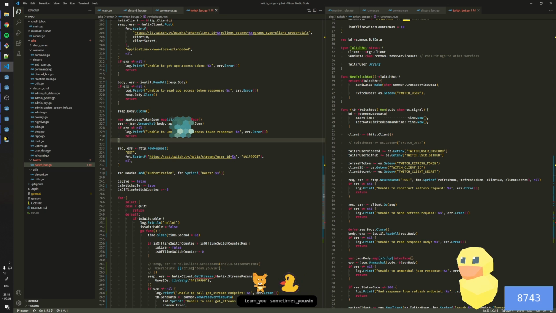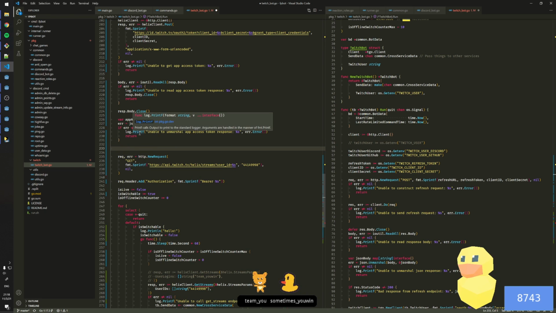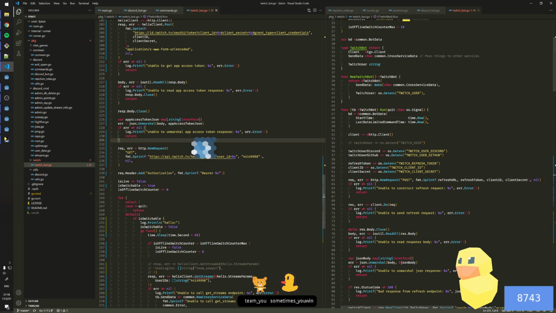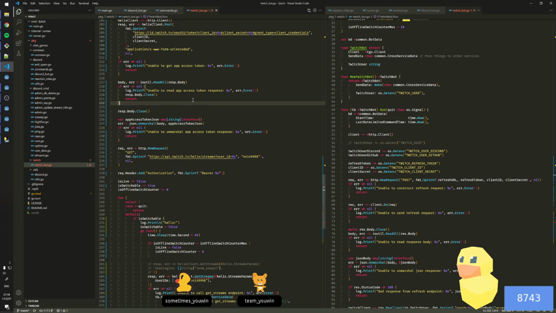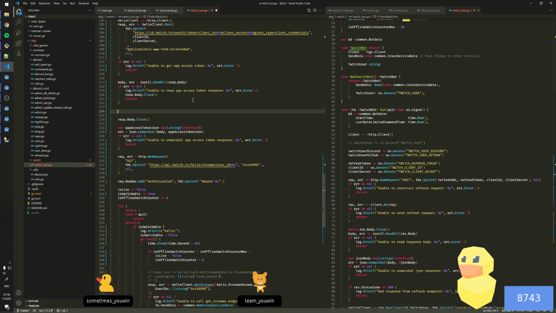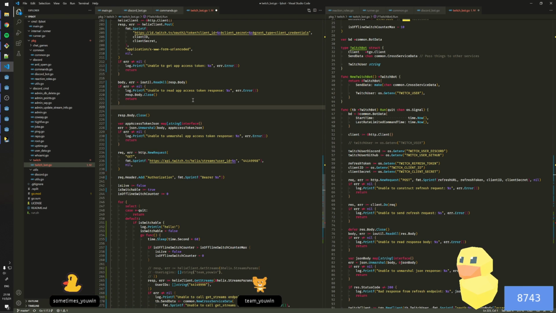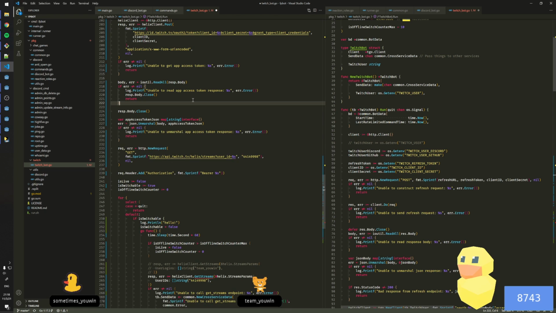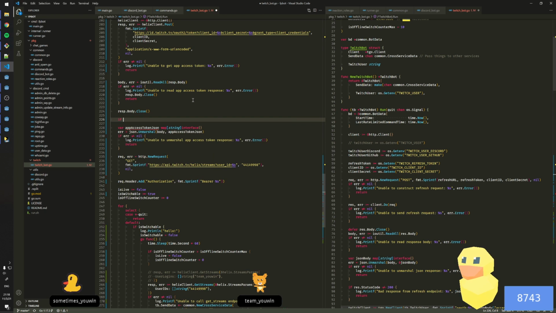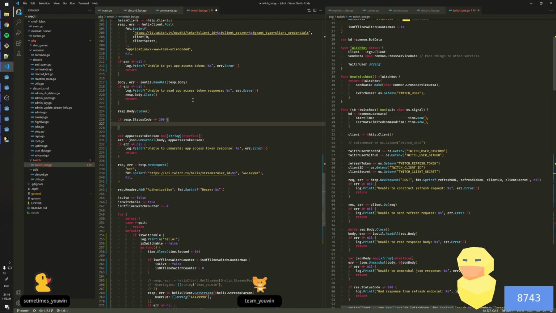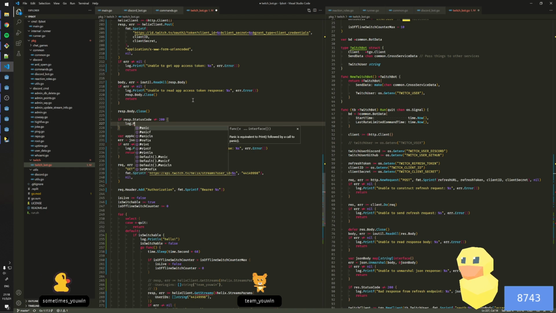Actually, we can do it here. So we do need to read the response, and then if response status code is not equal to a 200, then we will log printf